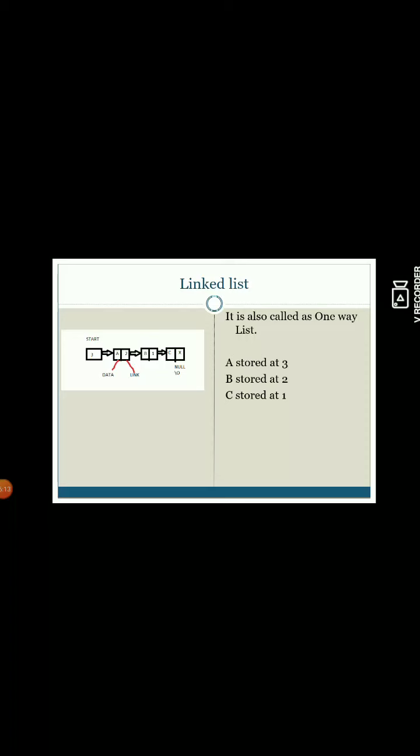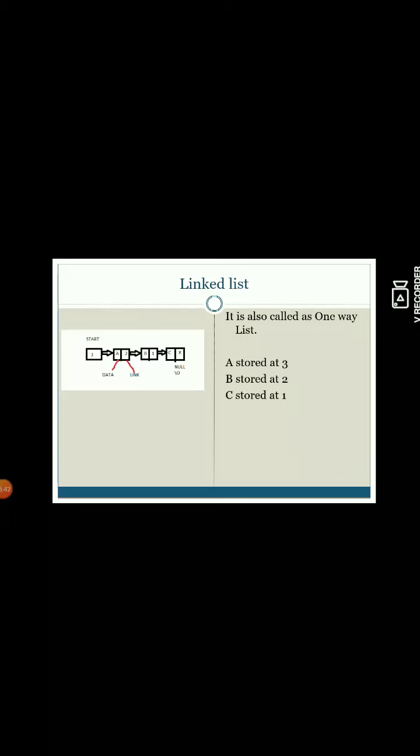Normally in an English statement, when I put a full stop, that indicates the statement ends. Similarly, whenever the link part of the last node is null, the null acts as a full stop. So whenever the link part of the last node is null, it indicates that here my linked list gets over.